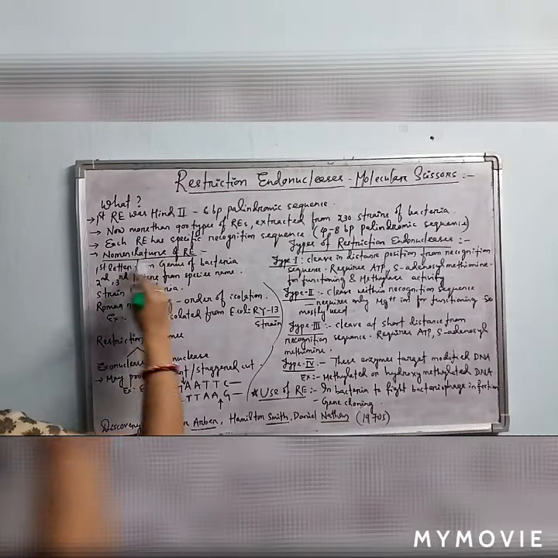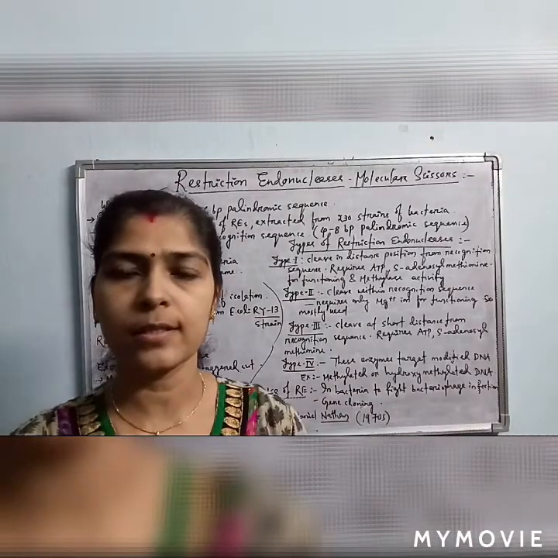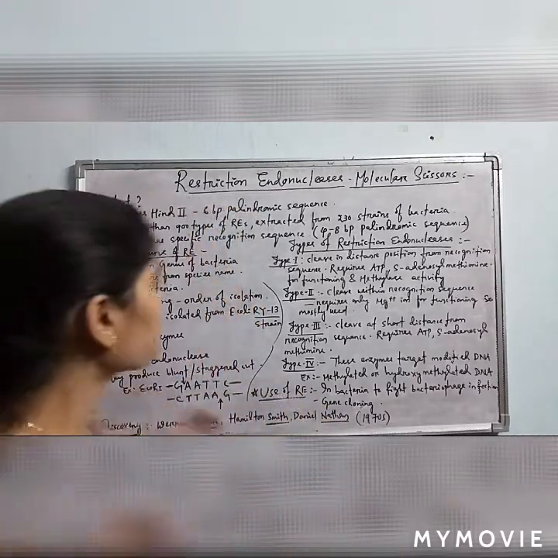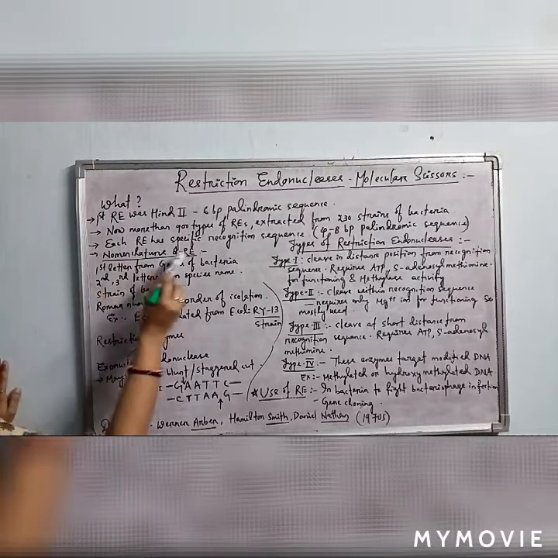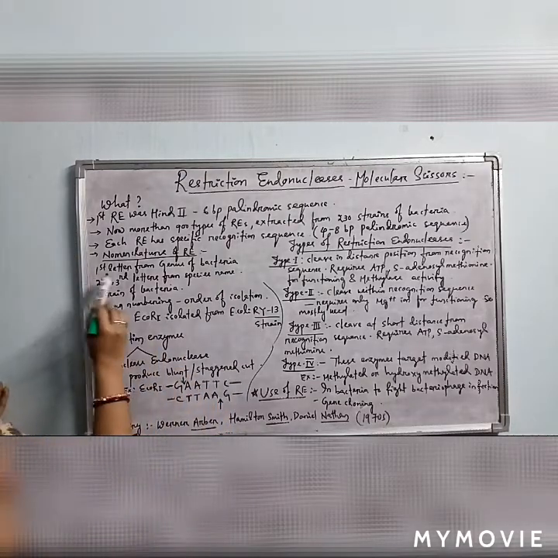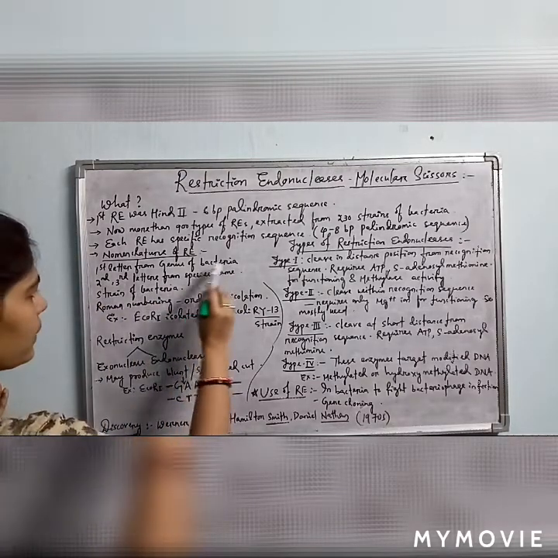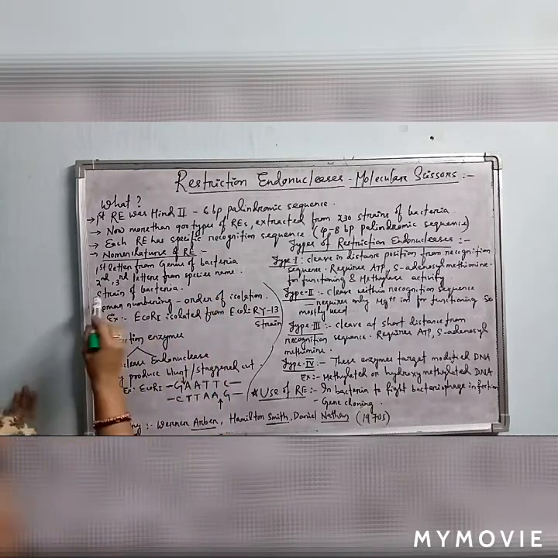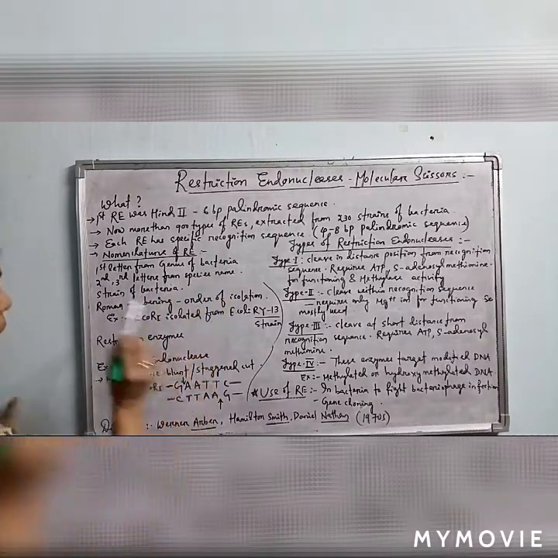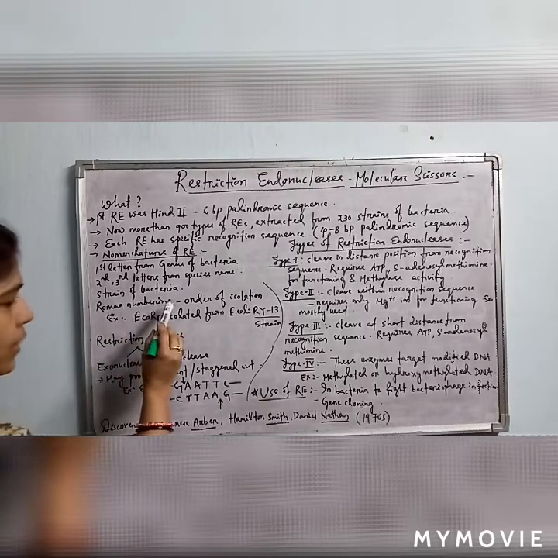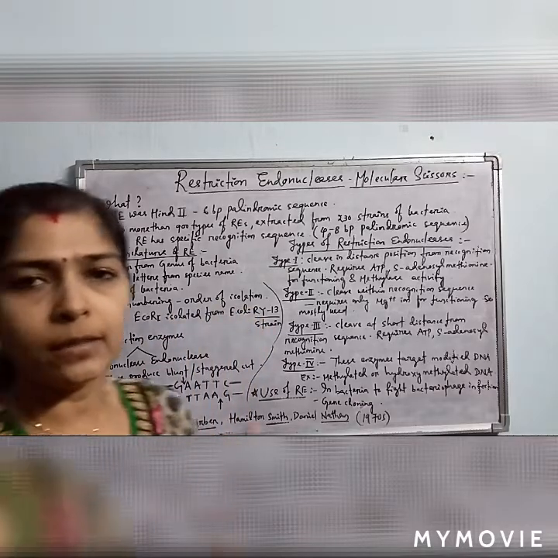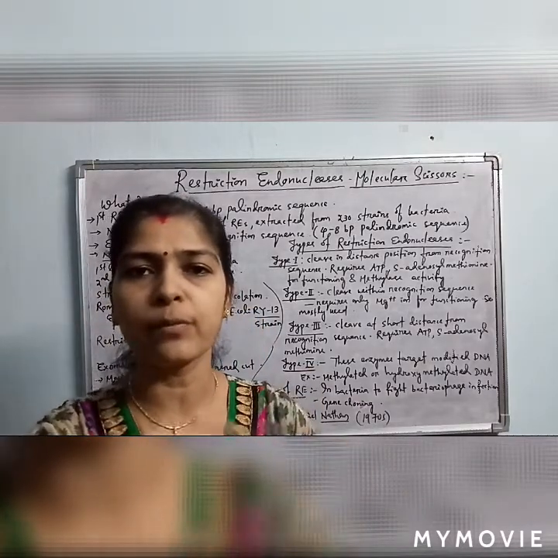Then, nomenclature of restriction endonucleases. How are these restriction endonucleases named? Depending upon what are these named? Okay, so the first letter of the enzyme, the restriction endonuclease, comes from the genus of the bacteria from which it is extracted. The second and third letters are from the species name of the bacteria. Then the next naming is based upon the strain of the bacteria from which it has been extracted. And there will be a Roman numeral also in the restriction endonucleases, and it is based on the order of isolation. Meaning, in which order this restriction endonuclease has been isolated from the bacterial cell.